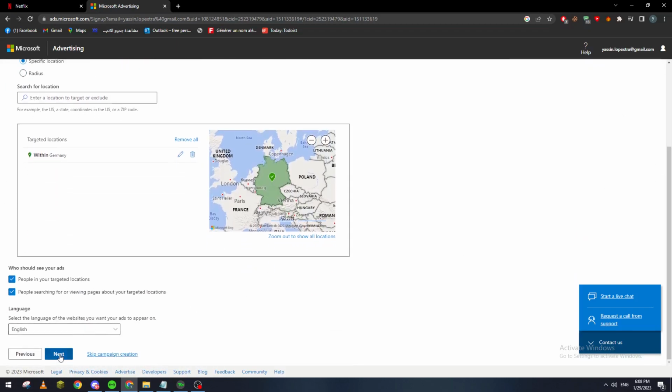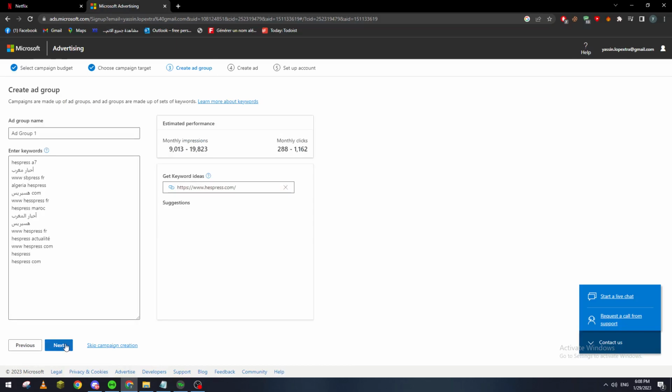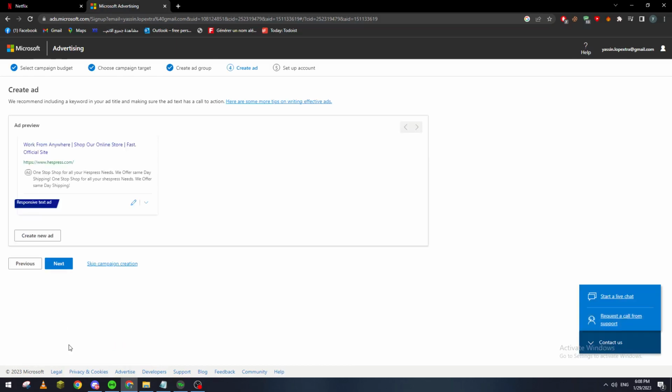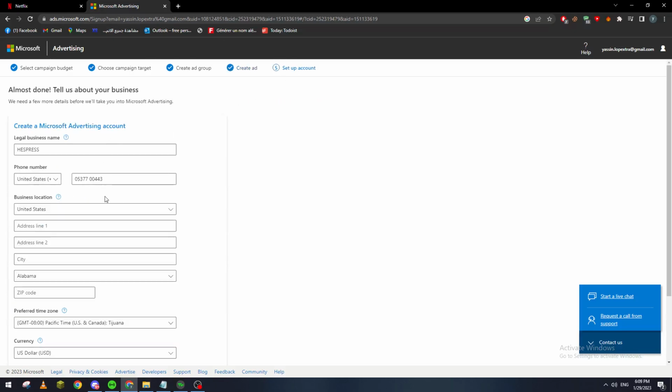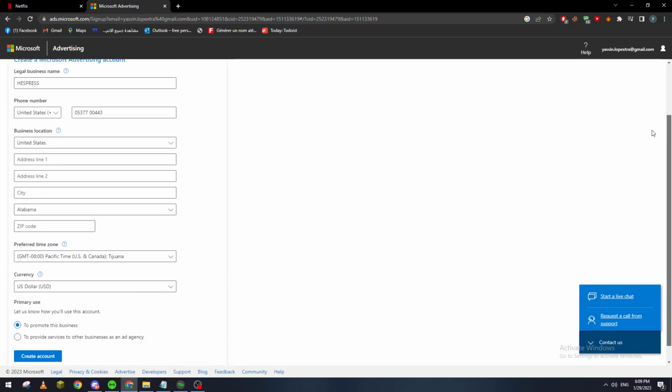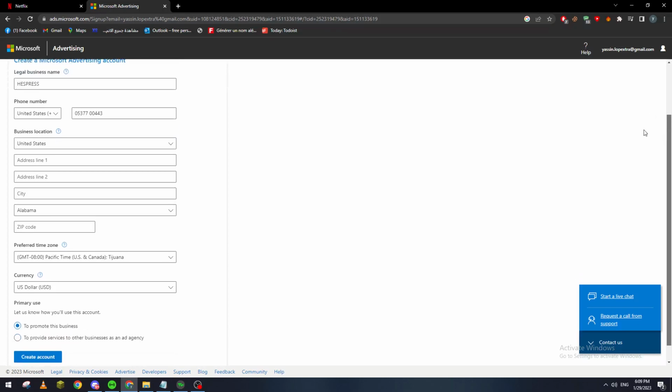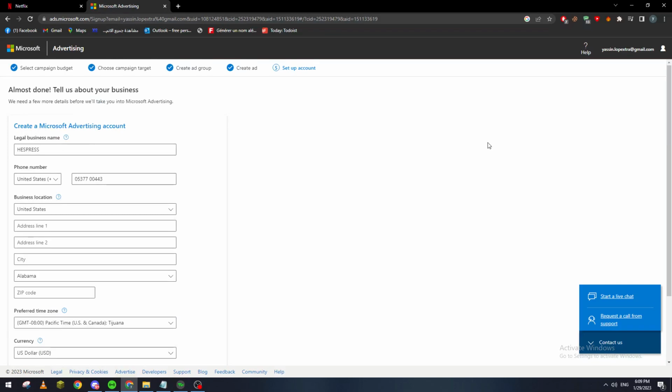And then you put next, and then here the keywords, and then next create the ad how you want it to look like, and here you just have to set up your account, you put some information about you, and after that you just have to pass through the payments process, and just like so you will start your first